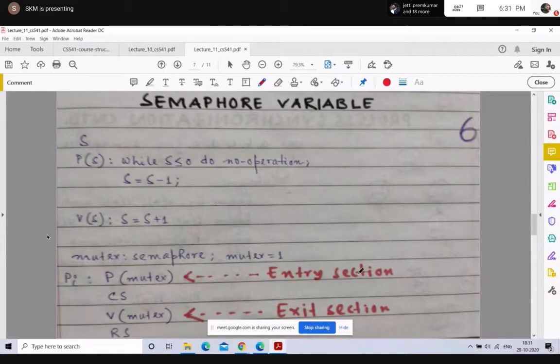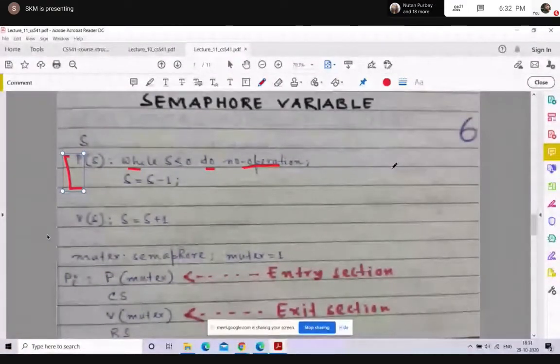Now, if we define S to be a semaphore variable, as I said, then the operations I can do on S are to initialize a value or operate on this value through these two operations. So in the P of S operation, what happens? Nothing much. The value of S will first be checked. If S is less than or equal to 0, then the process executing the P of S statement will remain in the while loop. That is what I am writing with the while and do, and then you can essentially write skip, which basically means no operation.